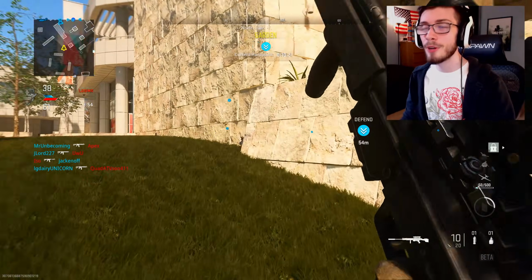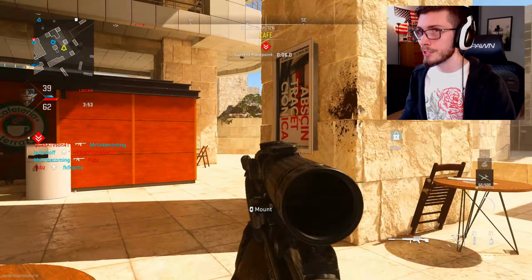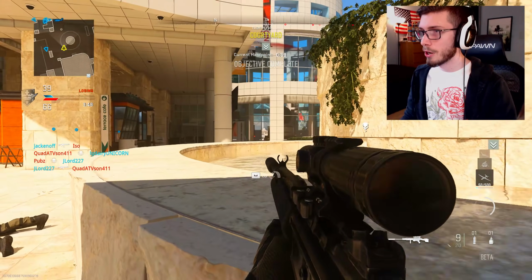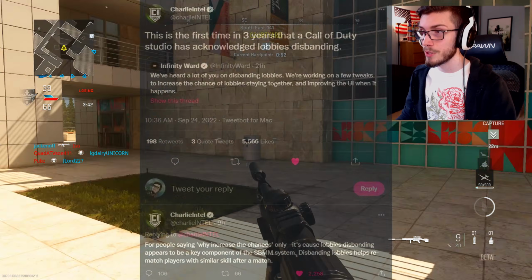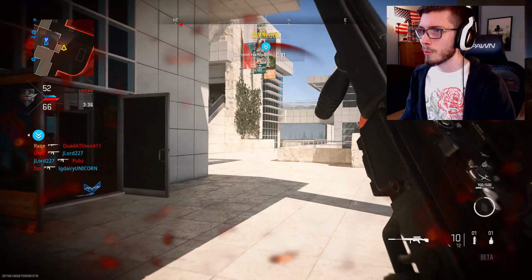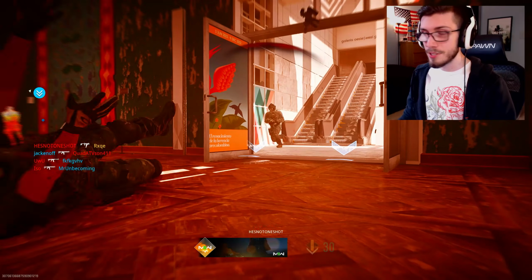But yeah, it's the first time in all of these years since Modern Warfare 2019 that a developer has actually acknowledged the disbanding lobbies, which directly ties into skill-based matchmaking. I'm sure all of you guys know this, but the reason lobbies disband is that skill-based matchmaking is based off of recent performance. So the fact that they came out and tweeted something along the lines of, we're gonna work on tweaking it so the chances of getting back into the same lobby are higher, it's the first time they're acknowledging it, which is just...